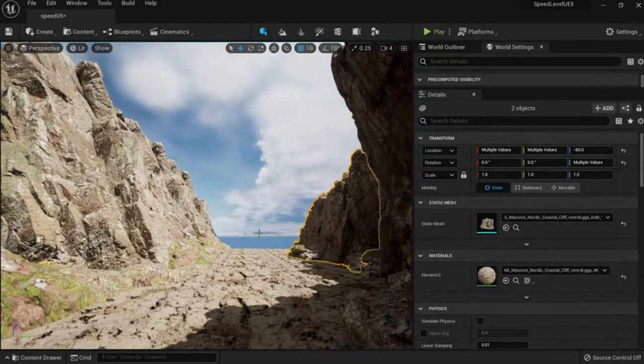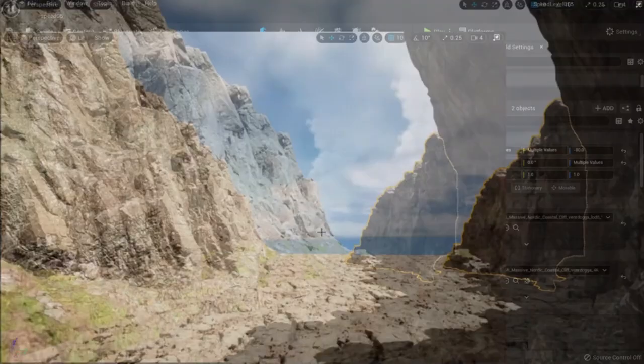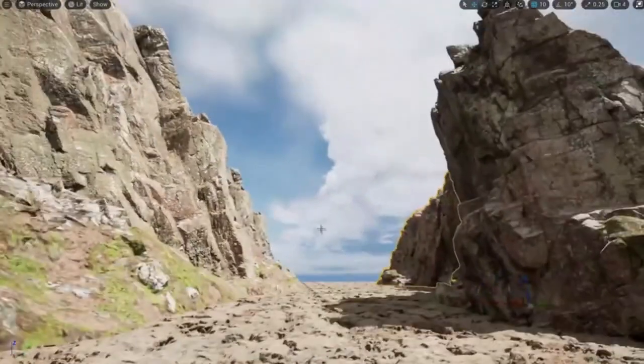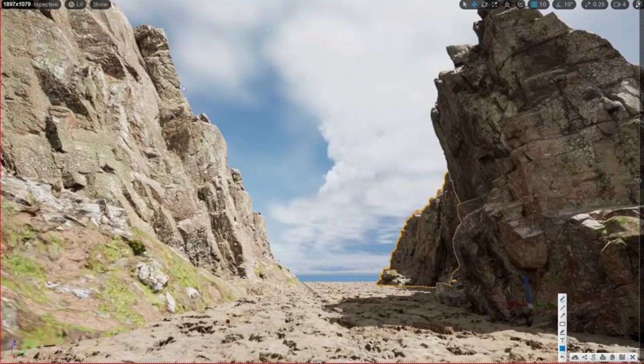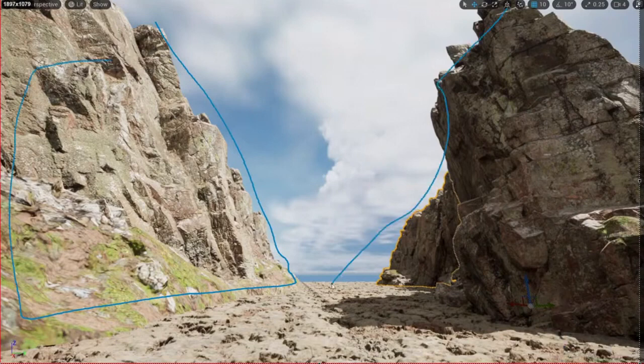What I'm missing here is some verticality. Every time you create an environment, you can have something like this. So, okay, you place your big elements here and you have something like this. And the reason it's not looking good is because I don't have other vertical elements. Everything is too flat. And this goes along with other